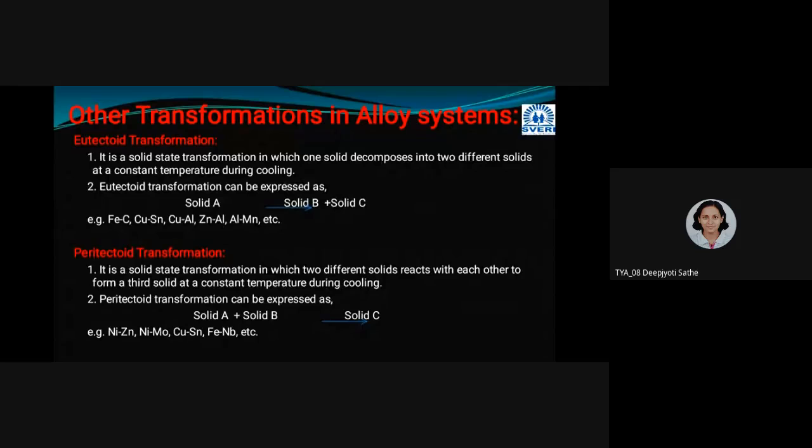Please try to understand the eutectoid transformation. In that slide, the arrow got somewhat disturbed, so I will repeat it again. During the cooling process, one solid will decompose at a constant temperature to form two different solids. That is eutectoid transformation. And two solids will combine to form a third new solid during the cooling process at one particular constant temperature. That will be peritectoid transformation. Then after this,